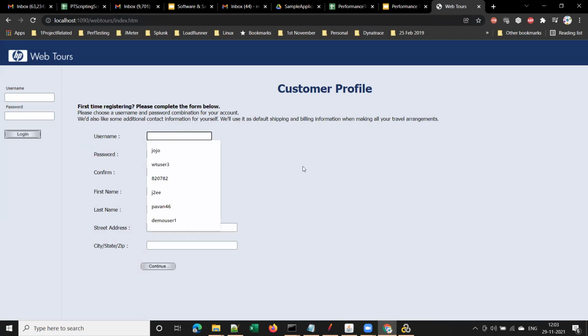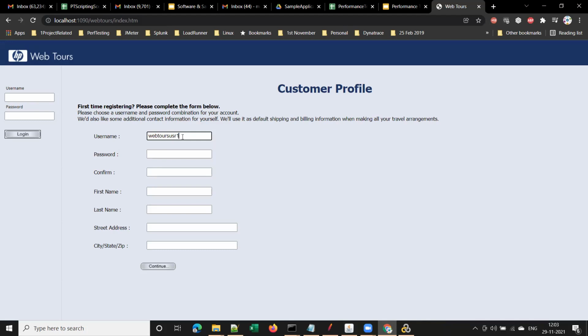Now let me give some username. I'll give the name as WebTools USR1, because we will be creating multiple users. That's why I'm giving the number 1.